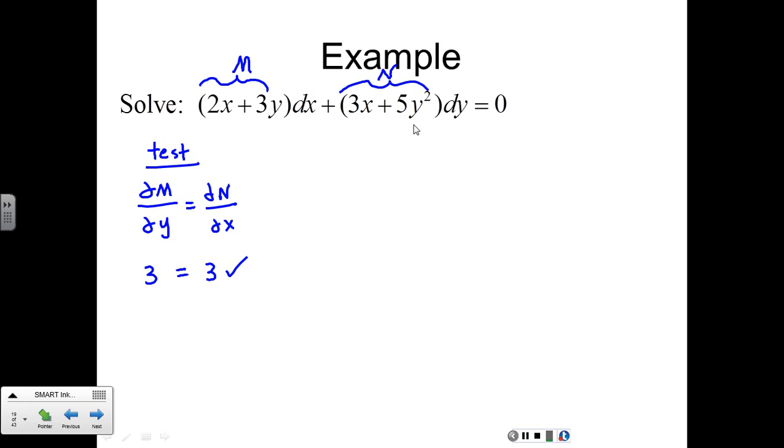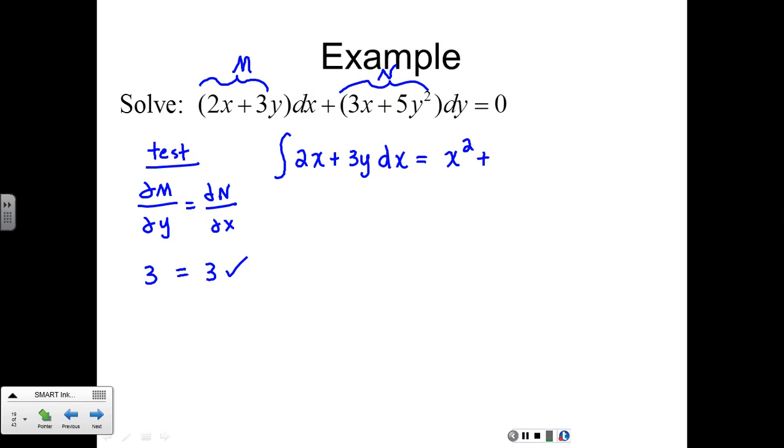So here are the steps. If it's an exact equation, take one part of it. This looks like the easiest one, 2x plus 3y. And we're going to go backwards. We're saying that this part right here was the partial with respect to x. So I'm going to anti-differentiate it with respect to x. If we integrate that with respect to x, tell me what we would get. Okay, 2x squared over 2, so y'all said x squared. Good. Plus,